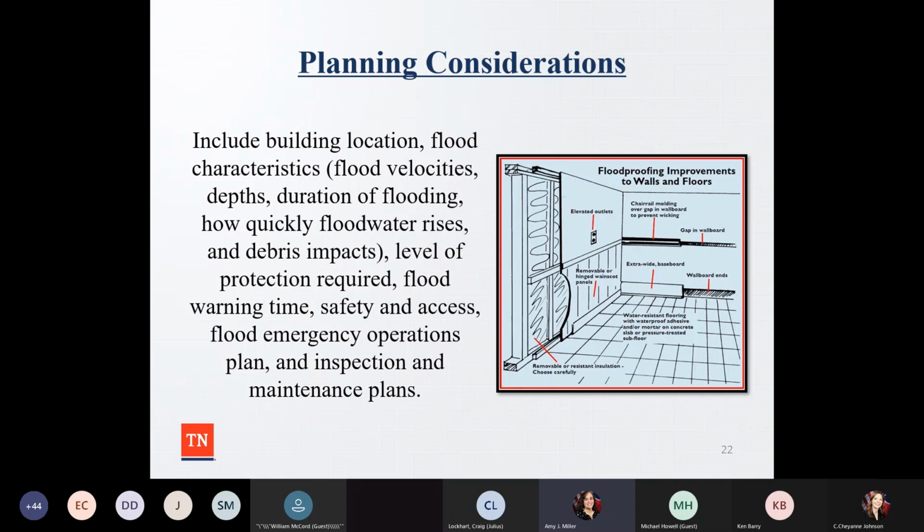So Julius and Cheyenne and I were looking over the presentation yesterday, and we were talking about the fact that a lot of times people think that they have more time, that if a flood event starts, I have more time to get my stuff and get out of Dodge really quick, right? But that's not always the case. Just like when we had our Tennessee Association of Floodplain Managers Conference, and Larry showed that video, about 3 minutes, where the floodwaters were rising in Waverly, and how residents there didn't really have any time to evacuate or try to protect themselves from floodwater or their belongings. So again, looking at how fast the floodwaters are going to rise, the level of protection required, the flood warning